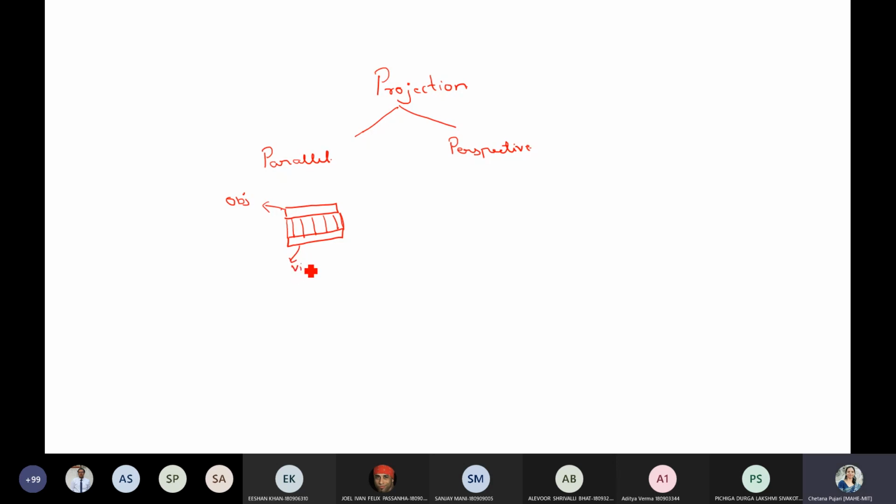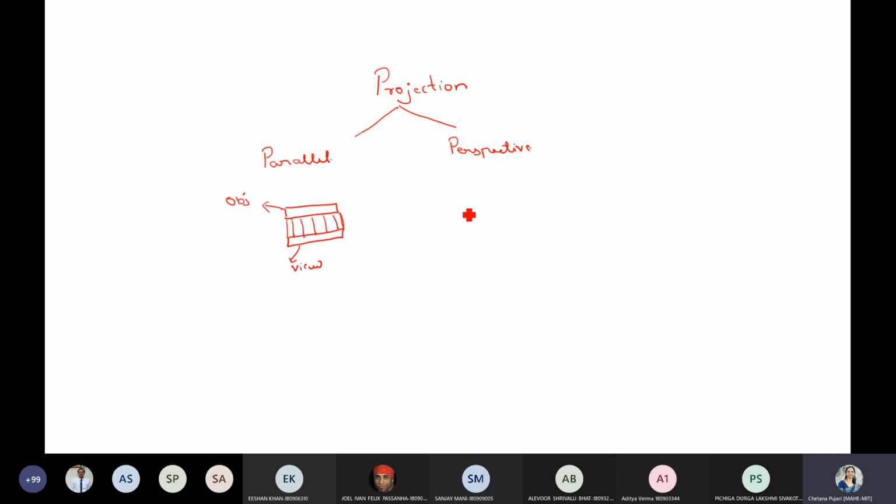So this is the view. When you go with a parallel projection, you will have lines which are parallel to each other like this. These are the different lines which are parallel to each other, right? And whatever view you are getting will be of the same size as your object.